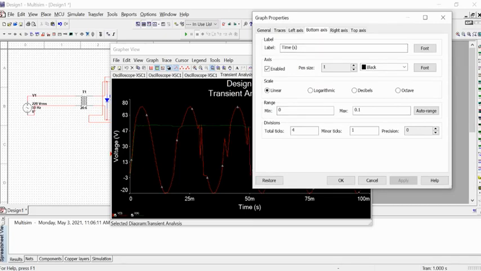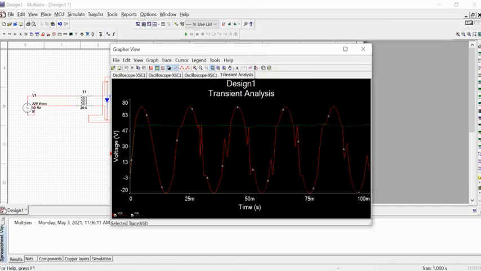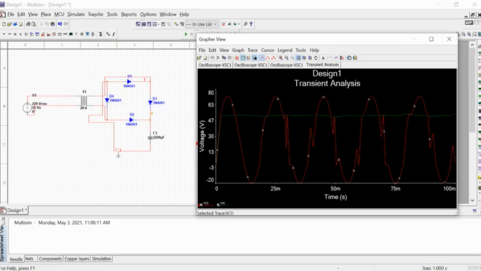Now, to apply these changes, you need to press OK. If you do not press OK and cancel instead, it will go back to the initial position where you simulated earlier in the first step. So when I press OK, you can see I now get this voltage waveform. Like that, you can easily design any kind of circuit and then simulate it according to your requirement.